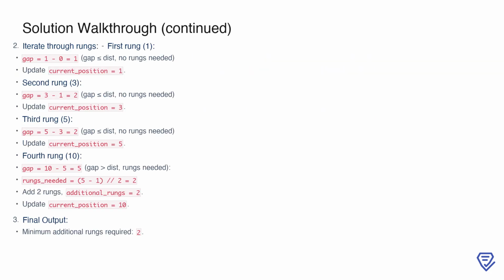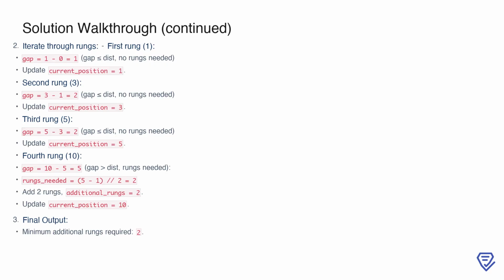Now, as we iterate through the rungs, we first encounter the rung at position 1. The gap between the current position, 0, and the rung, 1, is 1. Since this gap is less than or equal to dist, no additional rungs are required. We then update current_position to 1. Next, we check the rung at position 3. The gap between positions 1 and 3 is 2, which again is within the allowed distance, so no rungs are added. We update current_position to 3. Similarly, for the rung at position 5, the gap is 2, which is acceptable, so we move current_position